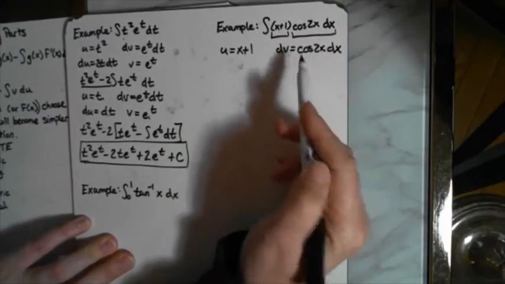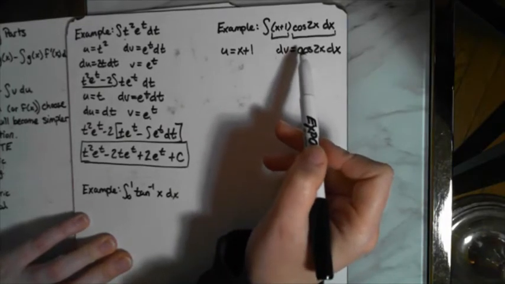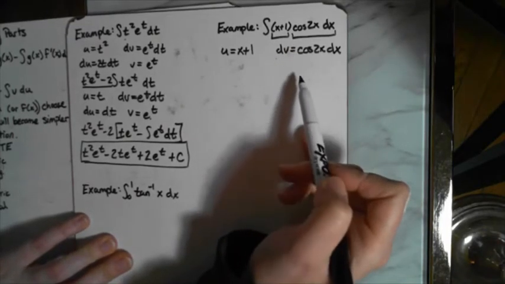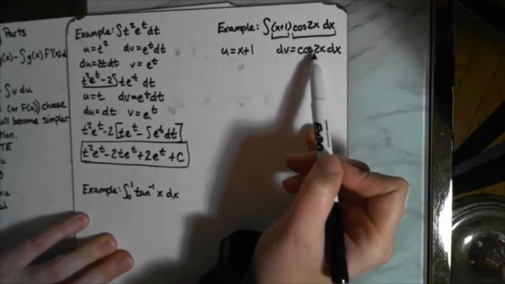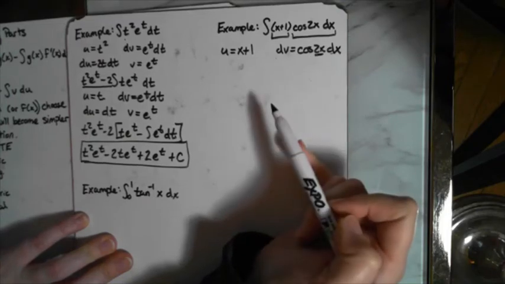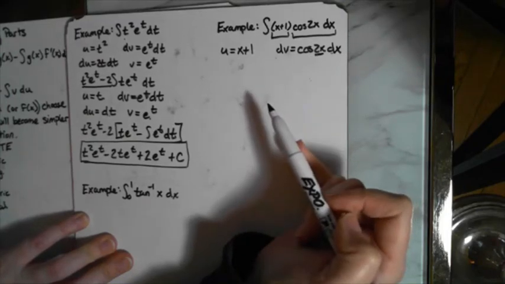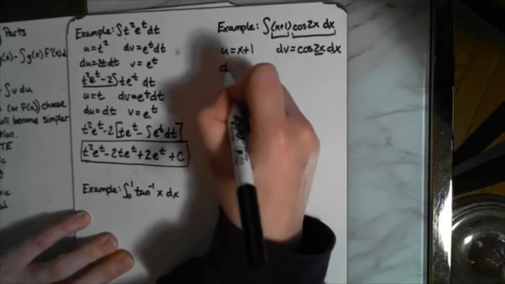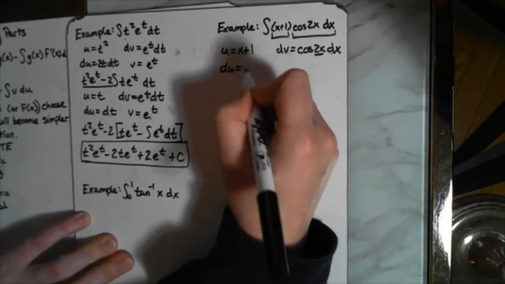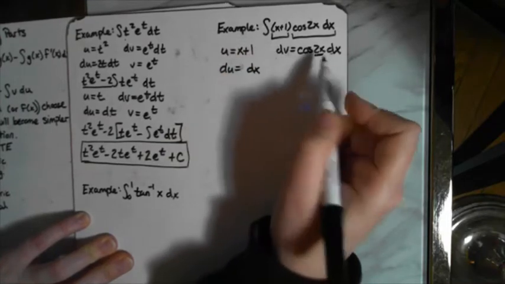Now, I picked this particular example for a very good reason. It's not actually an example from your book, but it's because right here, when I do my integral, I have to use substitution because this has a 2x in it right there. So I have to use substitution on that. The derivative of this is easy. This is just du equals 1 dx. But this integral,